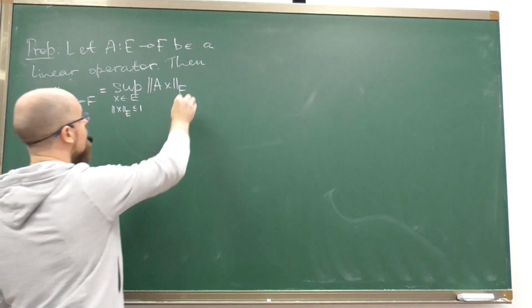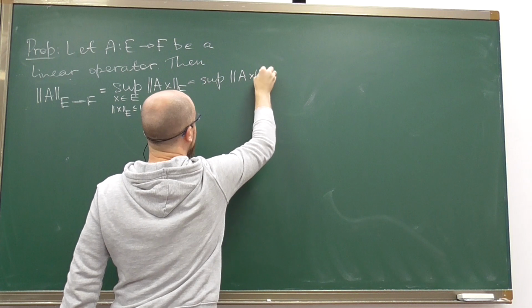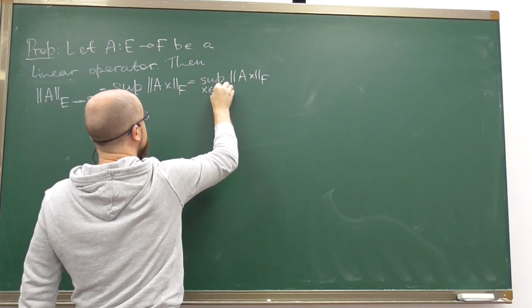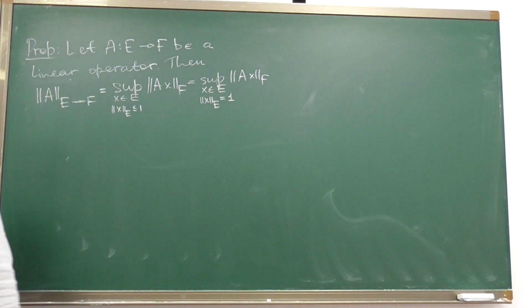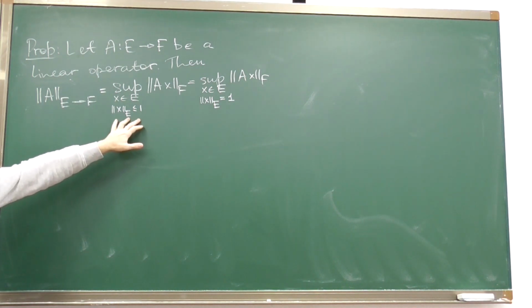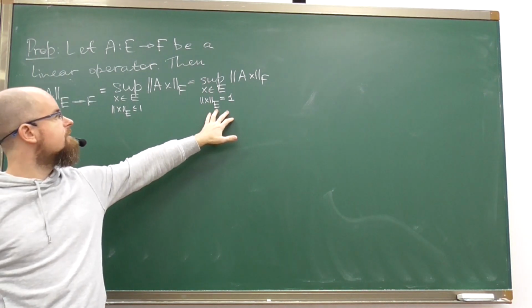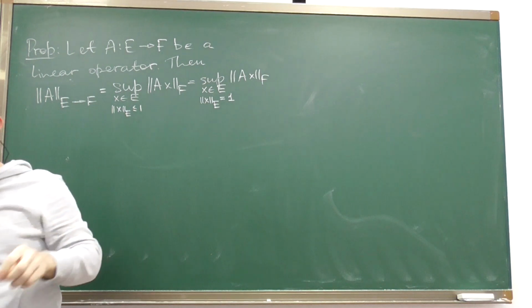Or even it can be computed as a supremum of the same norms over all x's such that the norm of x is 1. So in the definition of the norm, we computed the supremum over the whole space except the 0 element. This formula tells us that the norm is attained on the unit ball, and this formula tells us that it is even attained on the unit sphere of the space E. We have